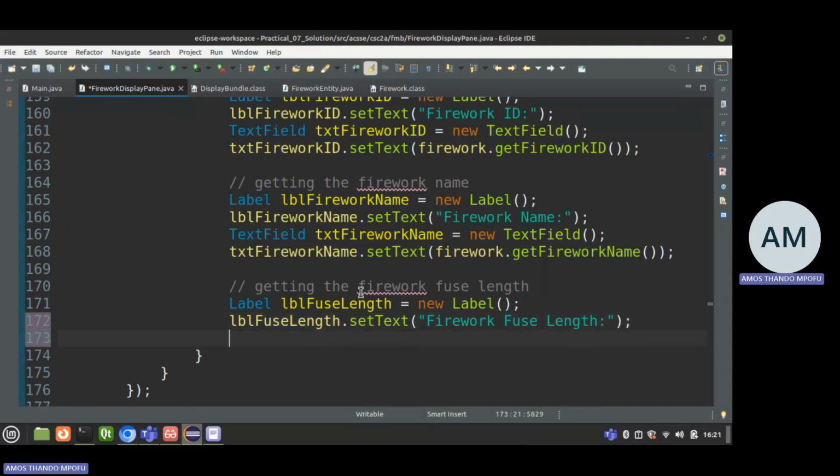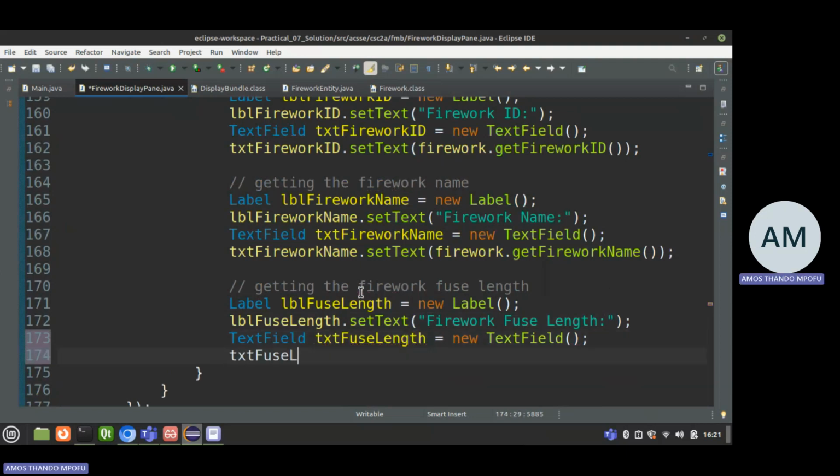Okay, I don't need that space there. That's going to be done by the V gap and the H gap, that space. So txt fuse length is equal to new text field, and then okay, I don't need string there,